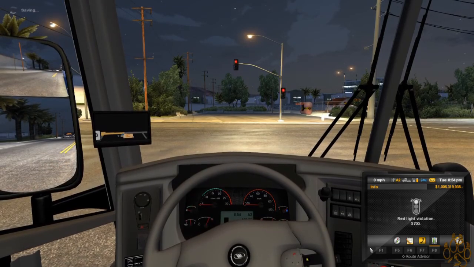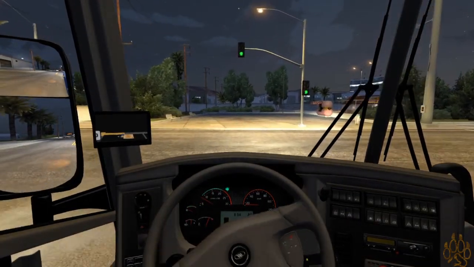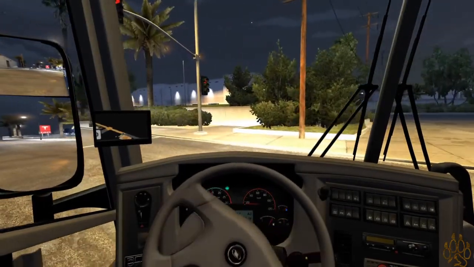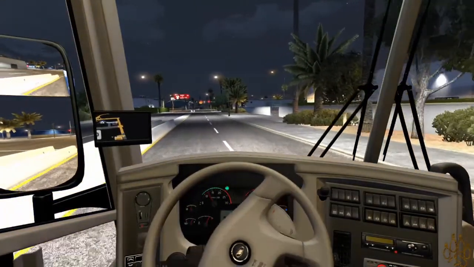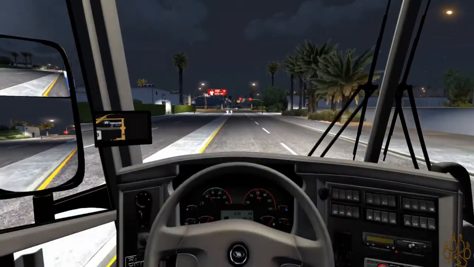I think there's a taco or a hot dog maybe over there. Either way, it looks good. There's also a little eatery. Neat. Don't stall it. Drive. Promise, I can drive standard if I had a standard, but this bus is not standard. It's automatic, so...